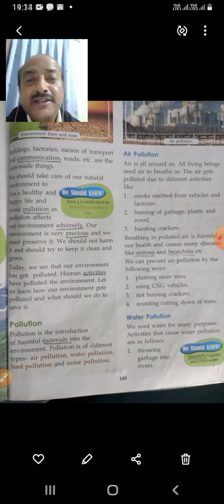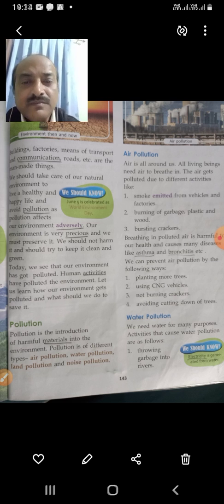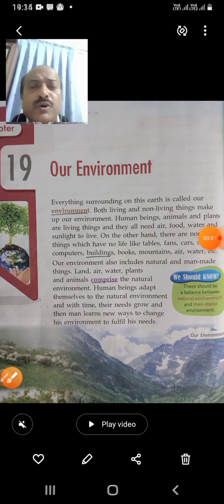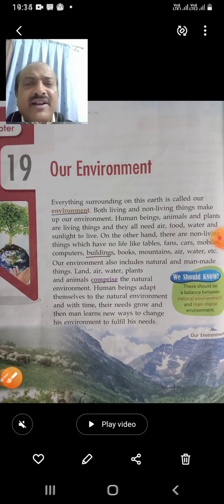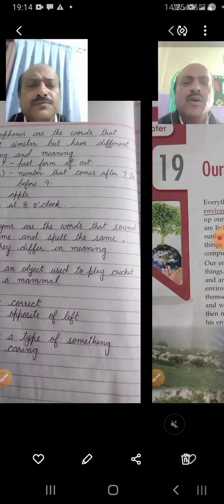The use of polythene bags is very harmful to our environment. Not only polythene, but whatever is related to plastics is very harmful for our environment. In this way, we will never get a clean environment. We can never be healthy. So everything surrounding us on this earth is our environment. Now, students,